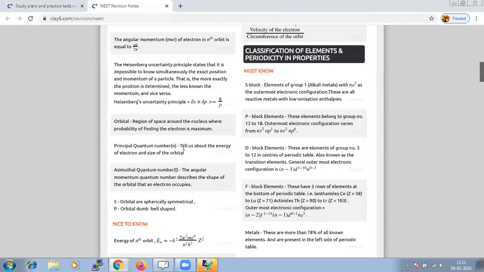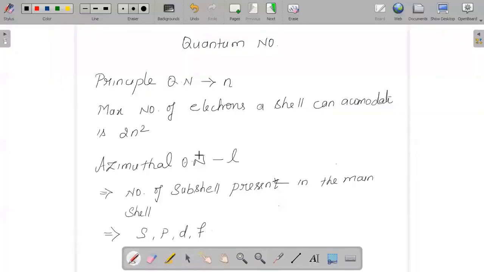That is, how do we relate the principal quantum number to the azimuthal quantum number, spin quantum number and magnetic quantum number, how they are interrelated with each other, and how do we calculate all 4 quantum numbers if we are given any one of them in the exam. As I explain each quantum number, I'll give you a sample question related to it, so that you understand it in a much better way.